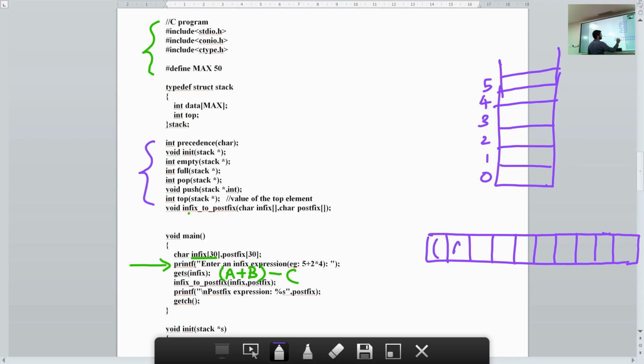I am having an opening parenthesis, a plus b minus c. These are your array indexes 0, 1, 2, 3, 4, 5 and 6, and it continues all the way till 30 because the size of your array is 30. So this is your infix array. In the same manner, we have a postfix array.